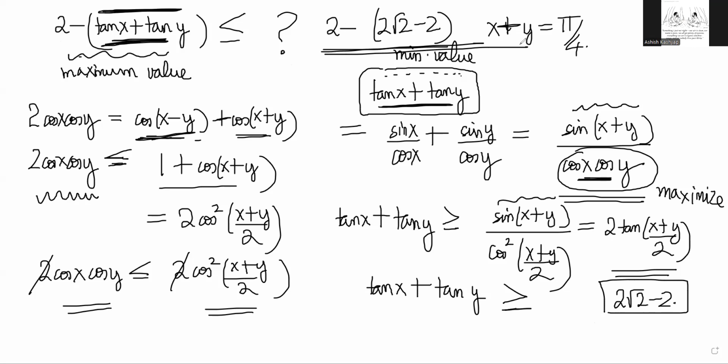We can also use Jensen's inequality over the tan x function, because tan x is a simple concave down type of a curve. You just have to apply it to tan x plus tan y on those terms. You can do Jensen's and tan 45 by 2 will come. But if that doesn't come, you can also do what we did.